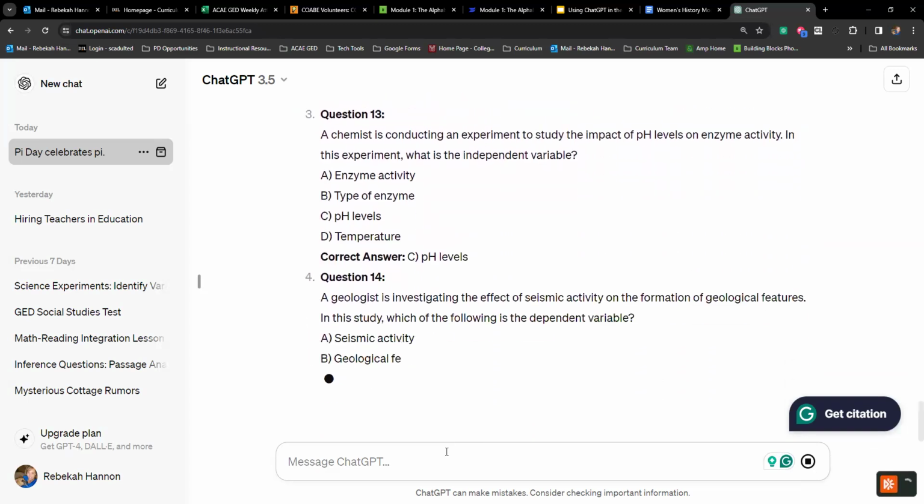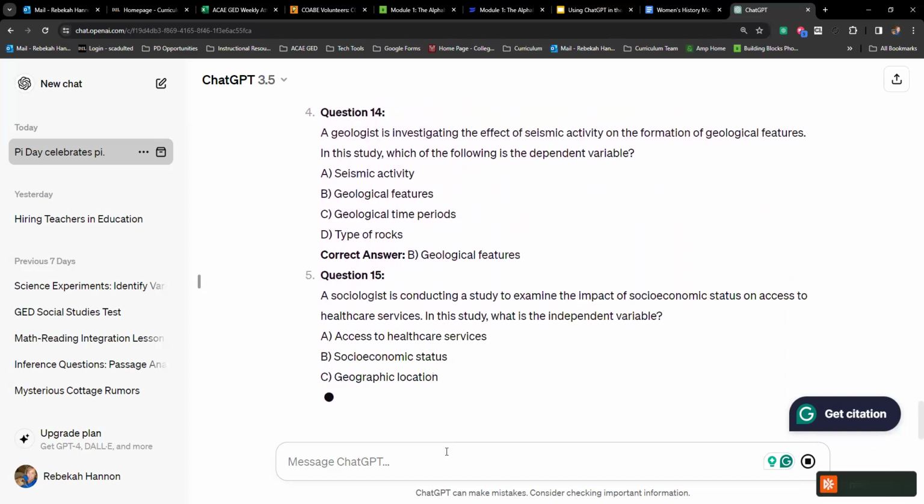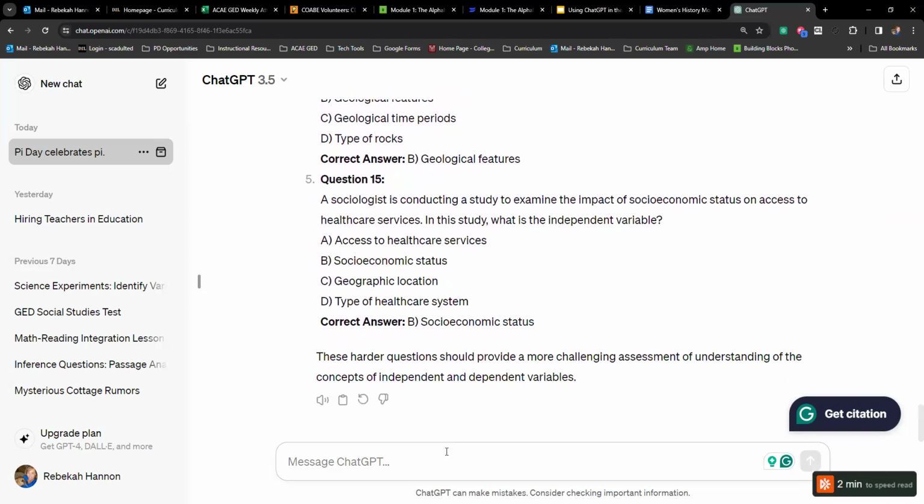And it's supposed to kind of beef up, so to say, the question. You could also say, can you make the questions a little easier? Or can you provide more of the experiment, or more of a passage with each question? So again, the possibilities are endless here, how you want to formulate your different chats.